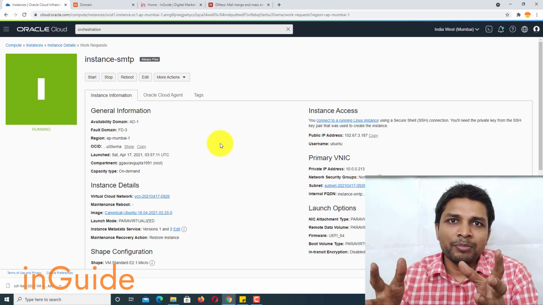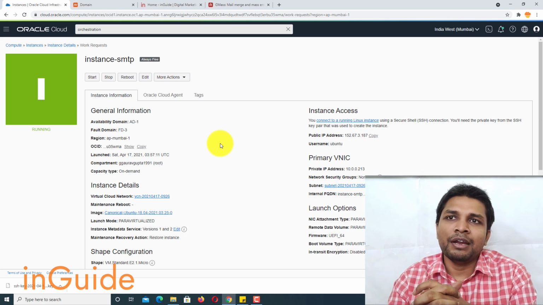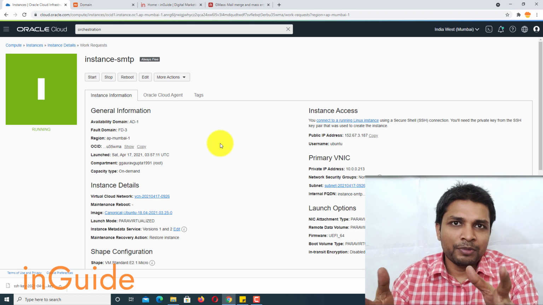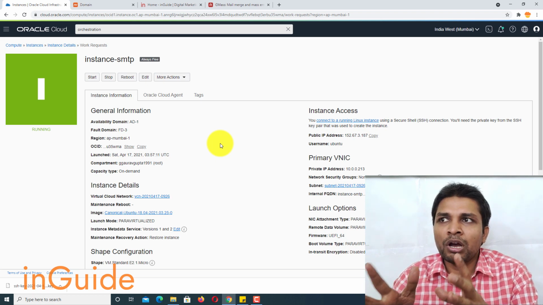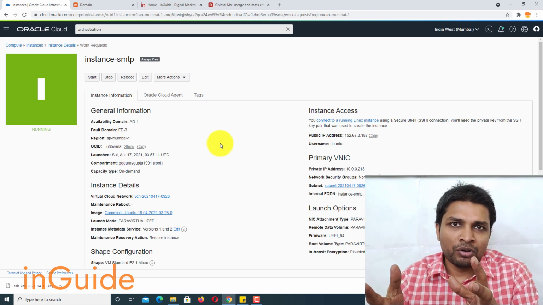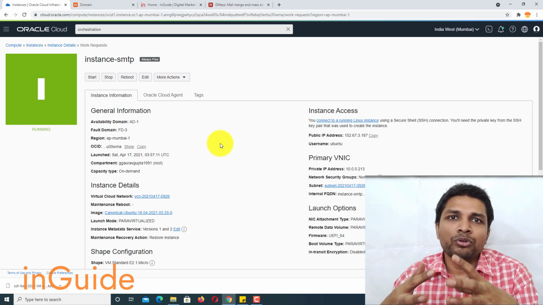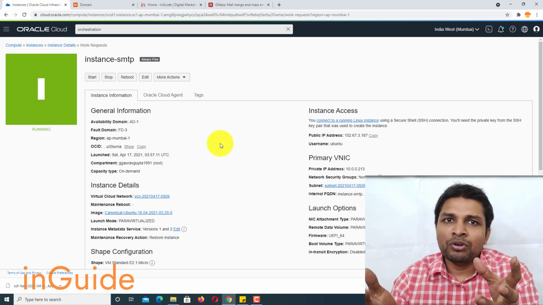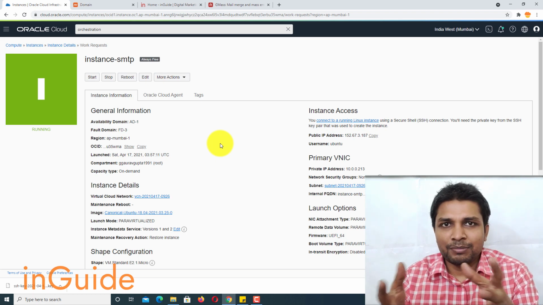So you have two scripts for creating an SMTP server and two open source control panels. You know that an open source control panel also installs Postfix or Exim depending on their configuration, so you can use either of them. In this video I am going to show you how you can use Mail in a Box, and in the next video I'll show you how you can use iRedMail. I already have demonstrated how you can use Virtualmin as SMTP, and in some video I'll demonstrate how you can use Vesta CP as SMTP.